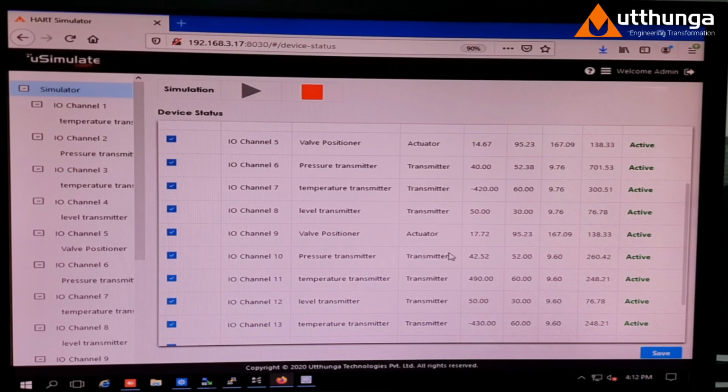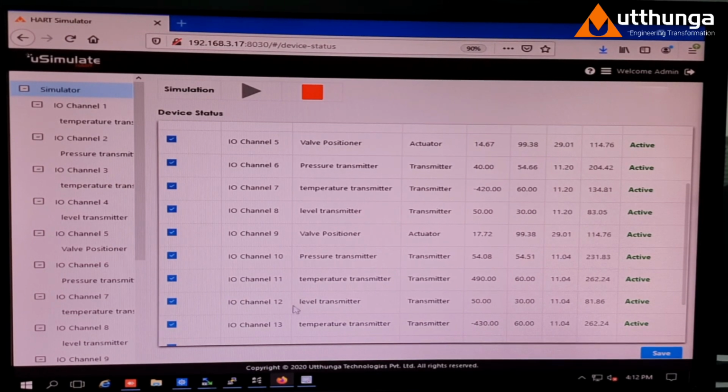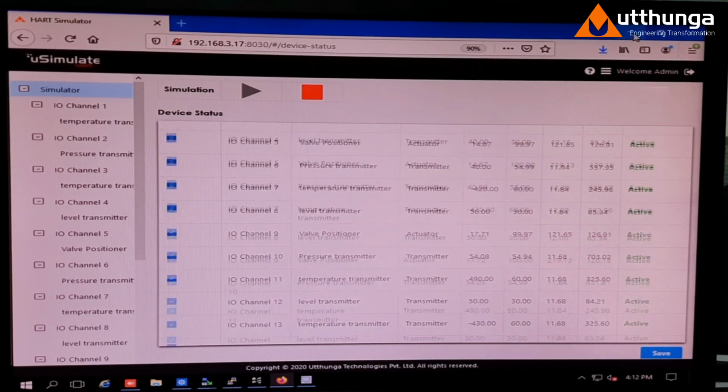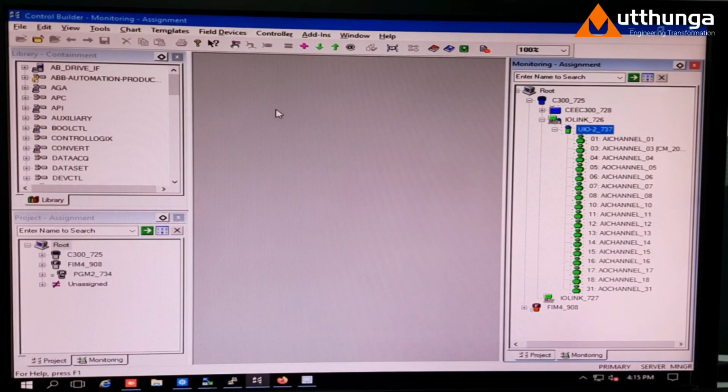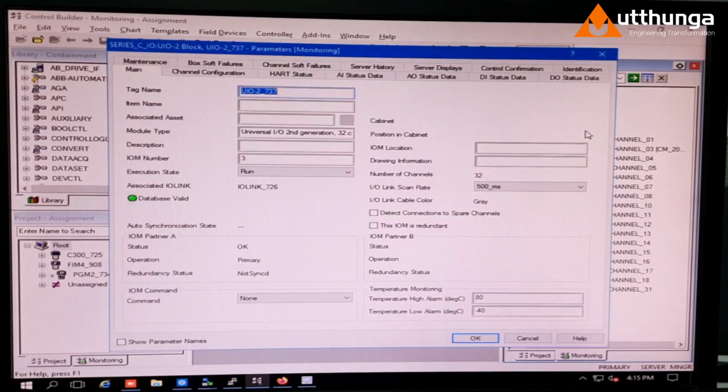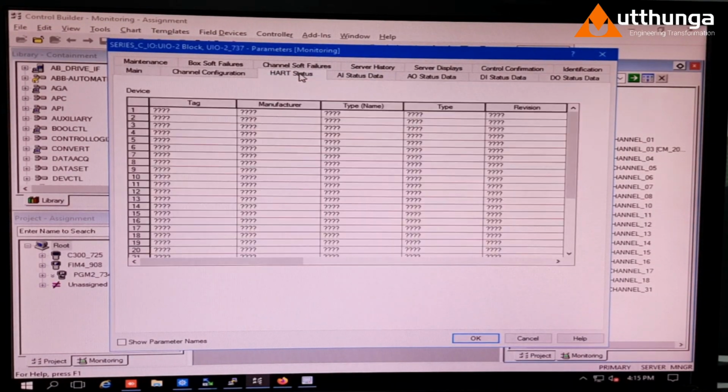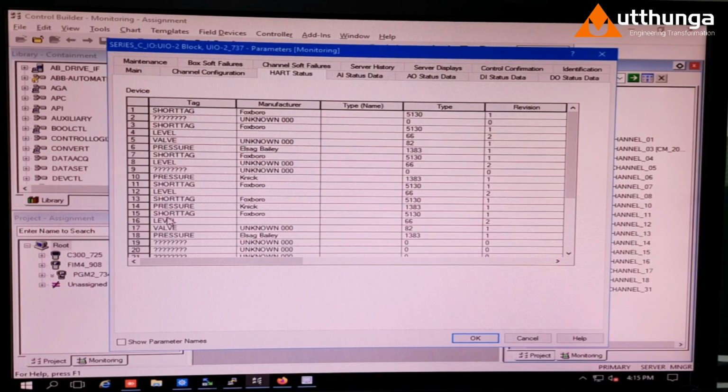Now I'm going to show the DCS application side where these values will reflect in the master application. This is Honeywell's Control Builder application which controls all the master channels, and it also configures either analog input or analog output with HART. So we can see the HART communicating here already, with each HART device, manufacturer ID, everything here.